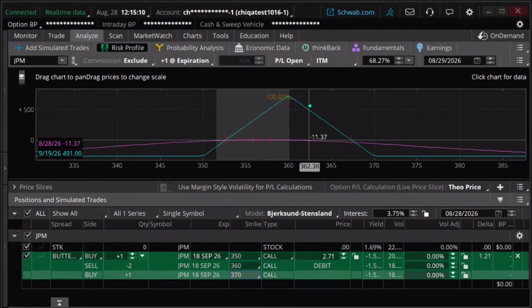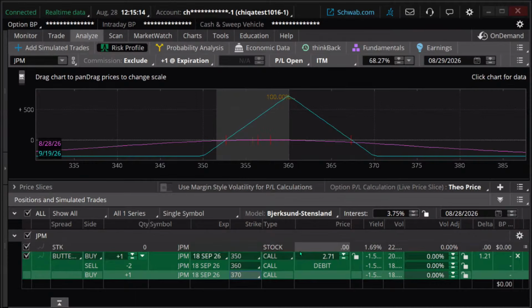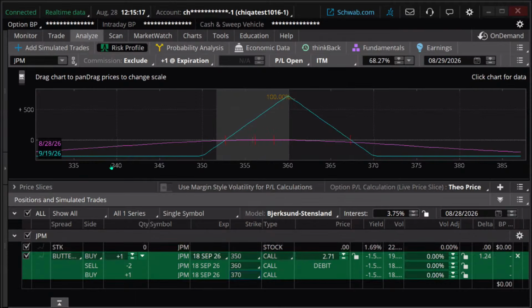It widens it out. And then I'm going to skew it. Okay, so here's how you skew. It doesn't matter whether you're doing a call or a put, you have a higher strike, you have a middle strike, or two at 2 times that contract, or should I say -2 because we've sold 2 of those, and you have a lower strike. Okay, it doesn't matter whether it's calls or puts.